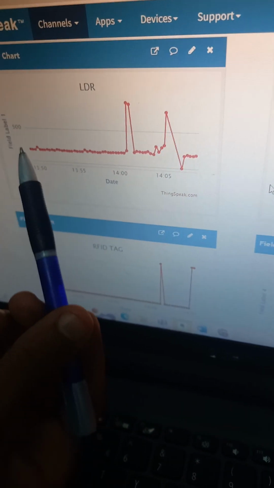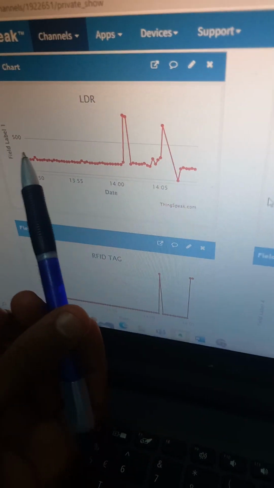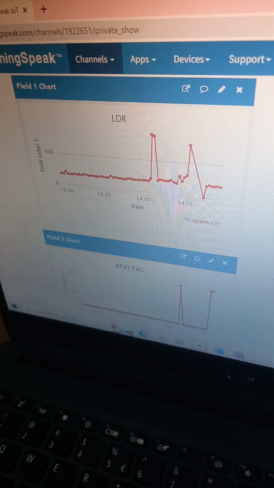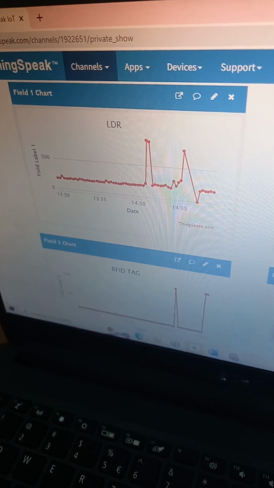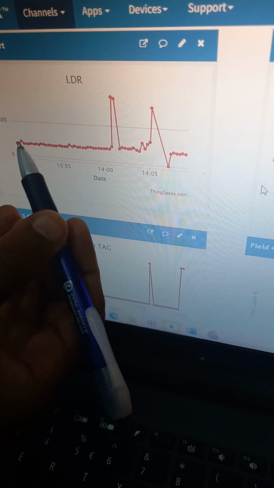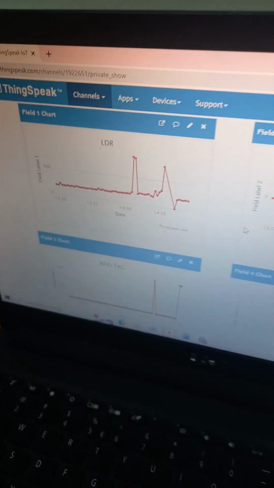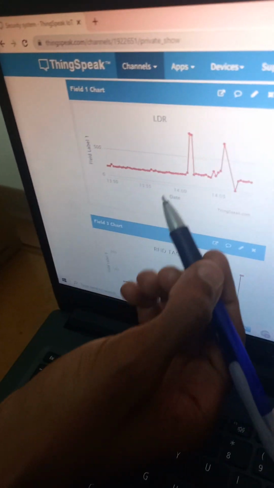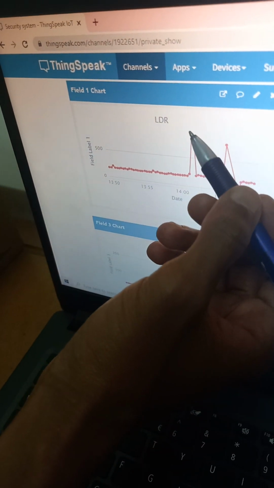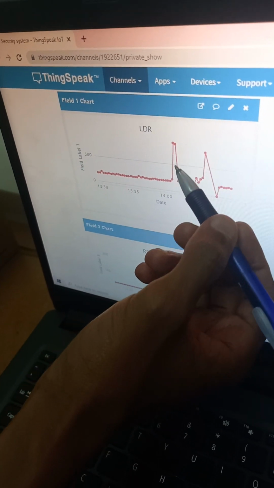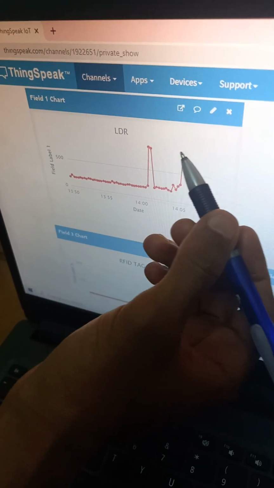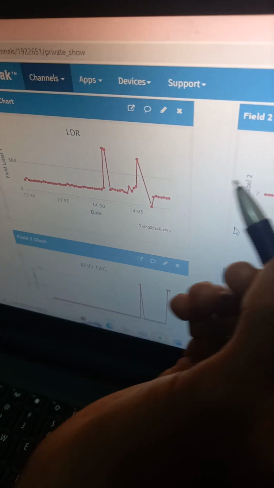So at this instant, from here to here, we can say that it was during the day. There was sunlight that is falling to our LDR. So at that instant, the value of LDR will be this low. So when we are closing the LDR, assuming that it's at night, that value will go high. So that means here it's at night. If it was held for a longer time, it will go horizontal like this, straight like this, showing that okay,